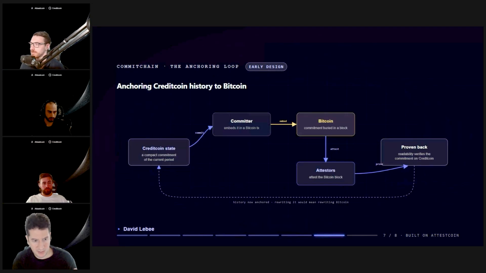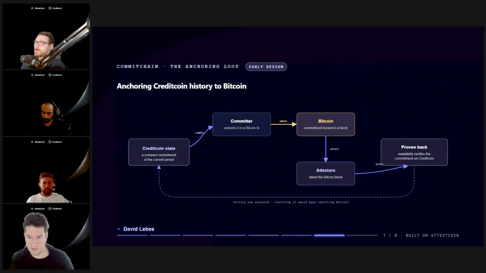If you go to the next slide, we can see how this could use ATC: the committer would essentially submit the commitment to Bitcoin, which is a proof of work chain. And the attesters would wait for some maturity delay, similar to what Beqa said in the other slide. On Bitcoin this could be between 3 and 12 blocks, depending on how severe we want to be with probability there. And then once this is done, you can submit an ATC proof on the commit chain DApp, essentially, which